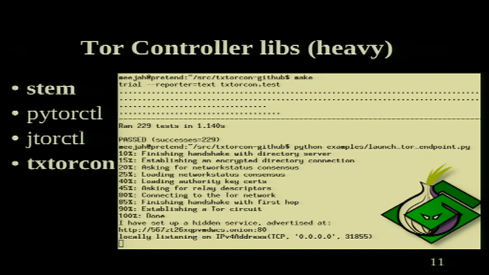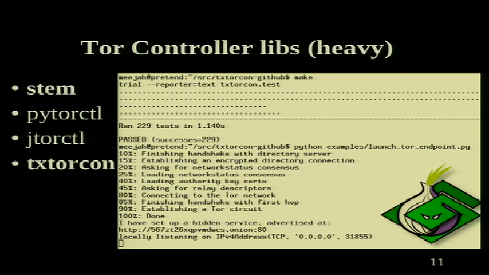Please reconfigure your Tor. And then TxTorCon is a Twisted-based one where they actually have a pretty good interface for setting up a hidden service, and you're already using Twisted, so you might as well have a web browser running inside also. So there are a lot of different ways that you can do that inside Twisted so that you don't have to keep adding other applications that probably have security problems and need updates and so on.